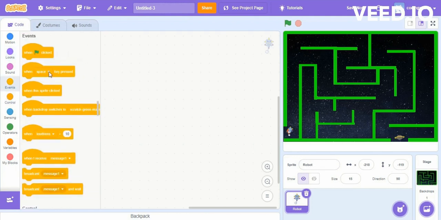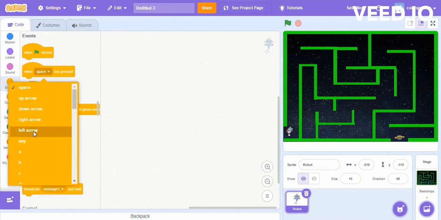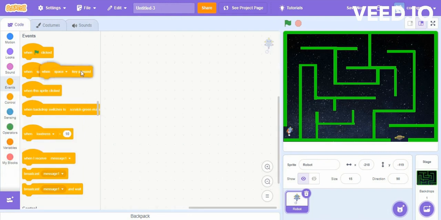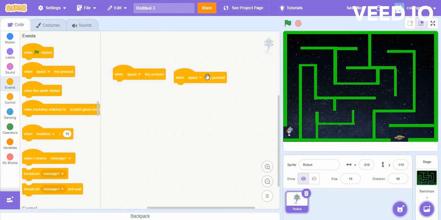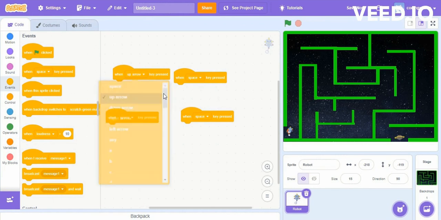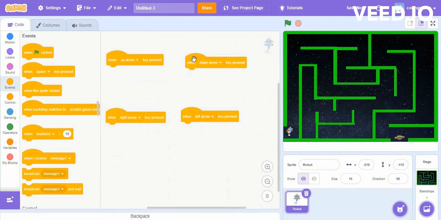So to move this robot horizontally and vertically, we need X and Y coordinates. For that, we are going to add 4 events here: the up arrow, down, right and left arrow. So as we are playing this game on arrow keys,